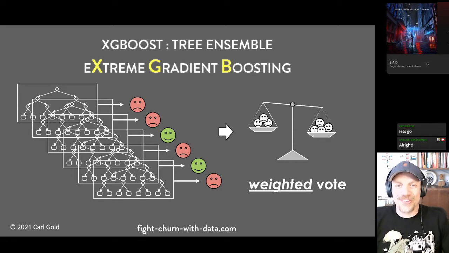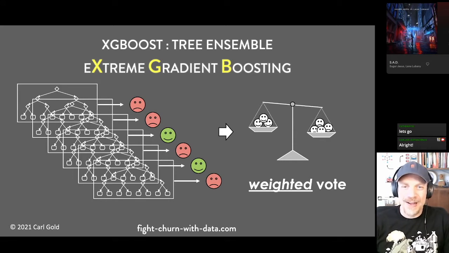So XGBoost is actually kind of like a democratic algorithm in that you make a bunch of trees and they take a vote, except it's an elitist democracy. It's not an equal democracy in the XGBoost vote because the votes are weighted. They're not only weighted to give the best trees the most weight, the trees are actually created to correct the errors that the other trees make.